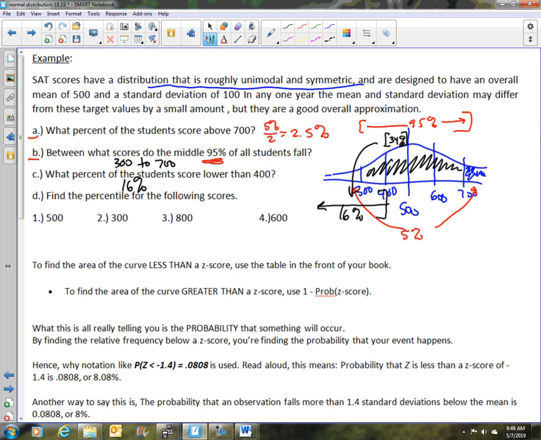Now it says find the percentile for the following scores. Well, for 500, it would be 50%, because that's the mean. Half below, half above, 50%. Now for 300,